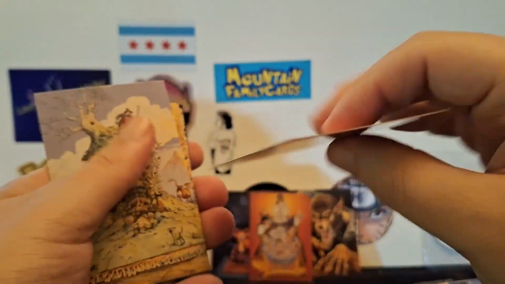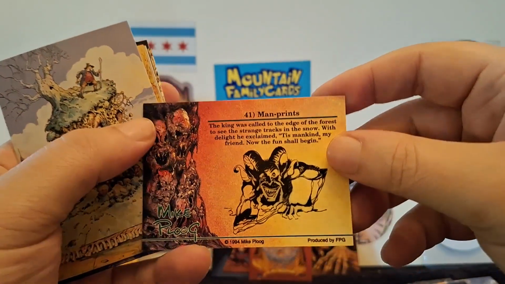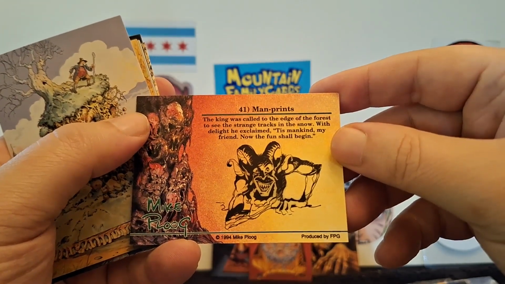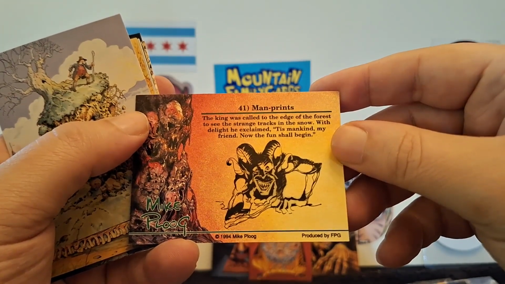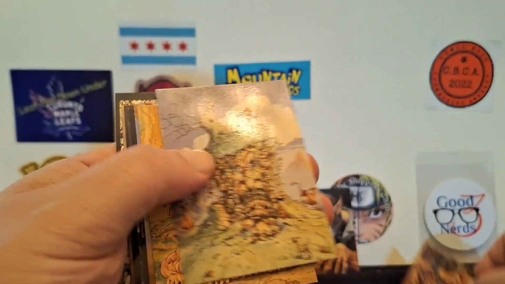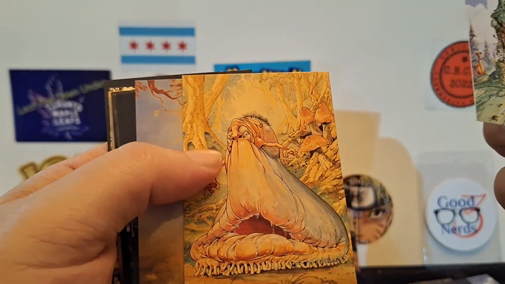Well, that's something. What do we got here? Man Prince. Almost thought that said something else. The king was called to the edge of the forest to see strange tracks in the snow. With delight, he exclaimed, "'Tis mankind, my friend. Now the fun shall begin." These are just...